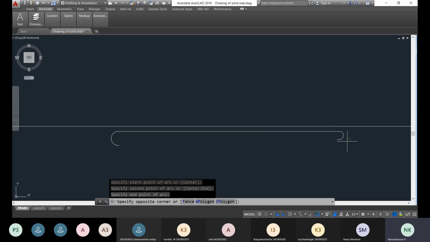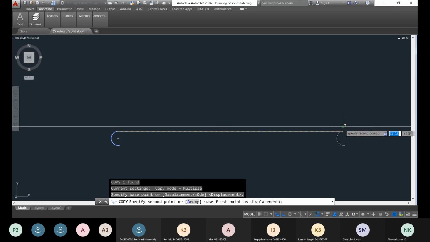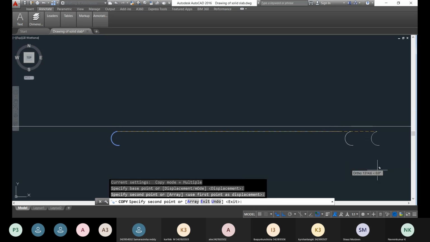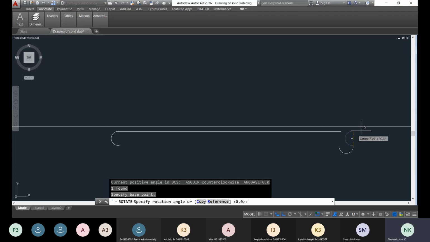There is a difference there. For that you can do one thing: the same thing can be copied, but before that it has to be rotated. For rotation, the command is RO. That is the command for rotation. You just rotate it.